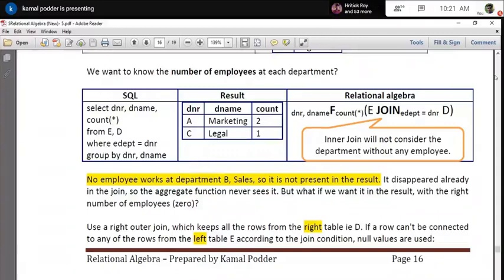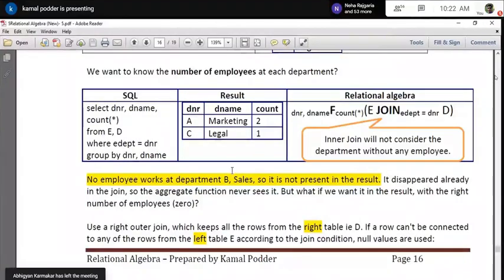Any idea? May you repeat the question once again? In the select clause, if you just see, I am creating this result set: department number, department name, and count of this. This is the aggregation function. So naturally, I have written a group by clause, group by department number, D name. Why have I given two columns? Because if I know the department number, then the D name must be unique. So naturally, I can use any one of the columns, but I have given 2 columns. Why?